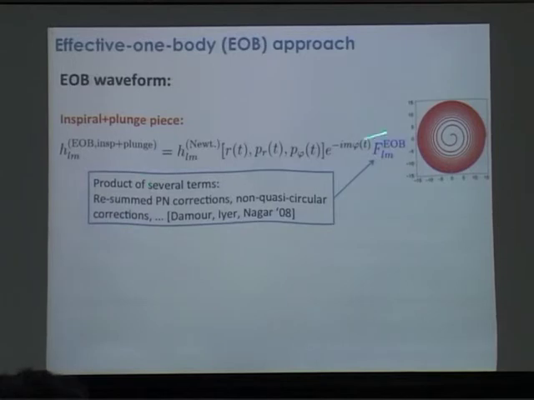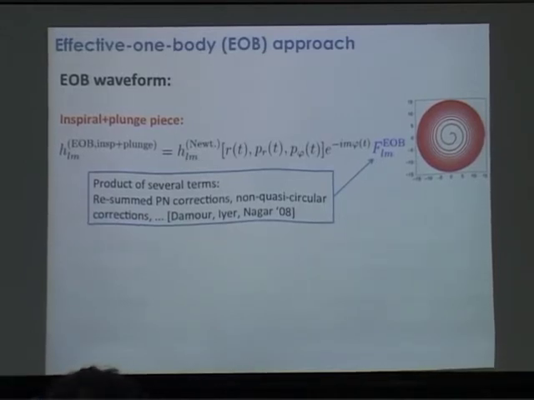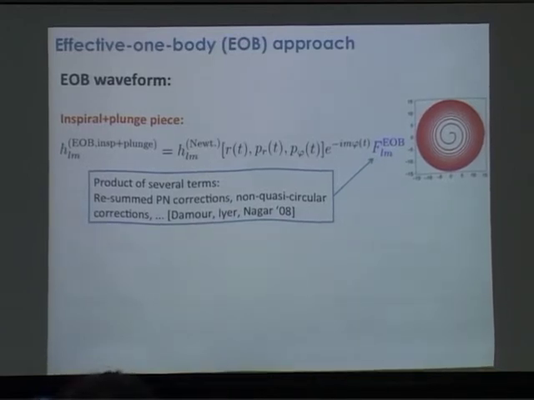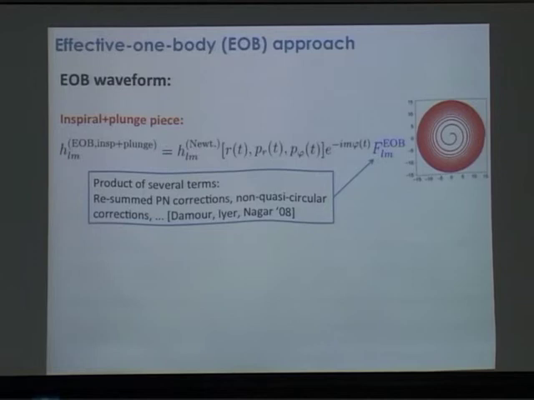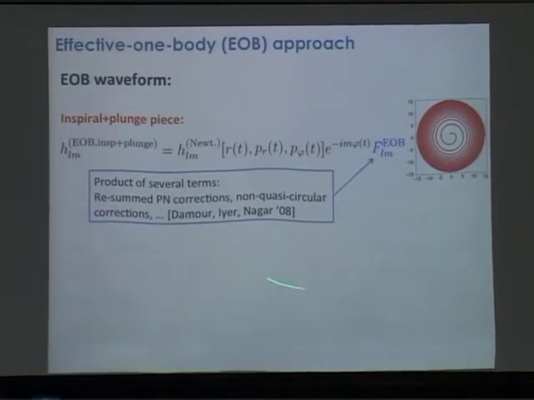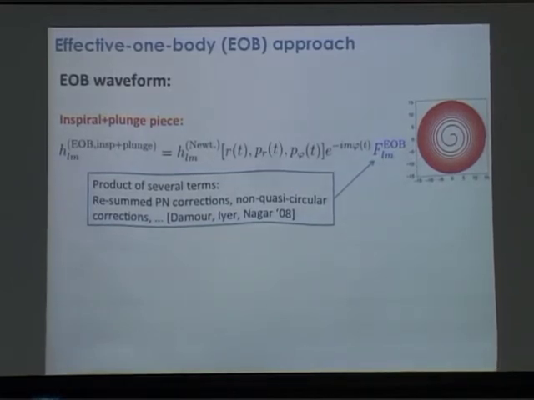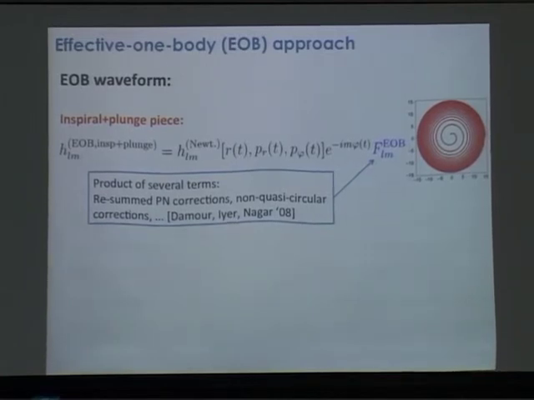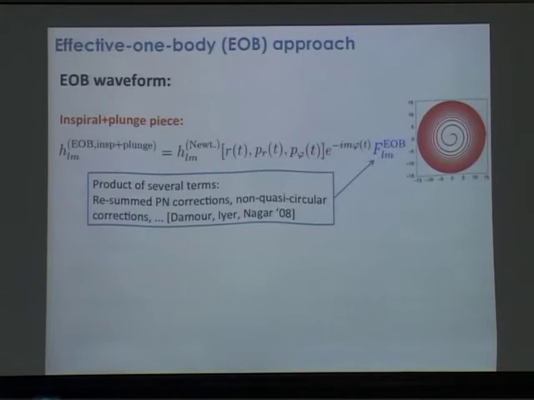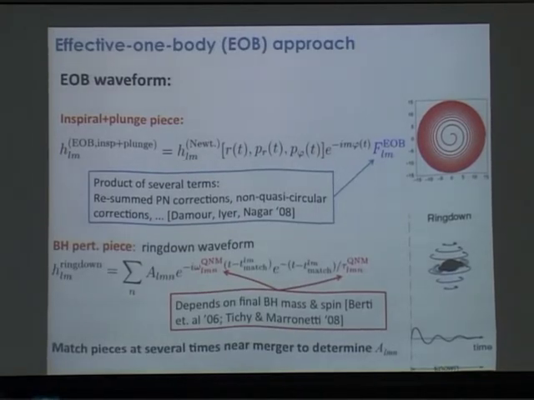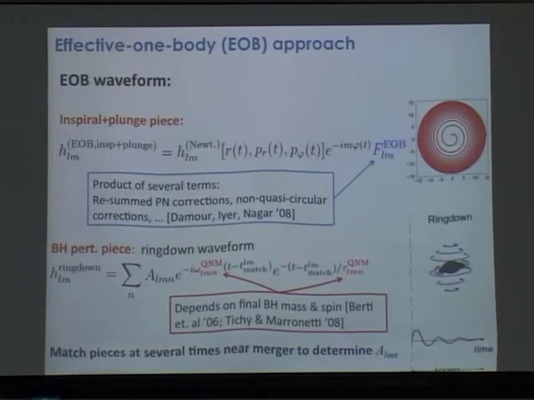And I rewrite this waveform in terms of a Newtonian piece, which just looks like the regular Newtonian order waveform that you can easily compute. That's a function of the momenta and the coordinates. And I supplement that with various kinds of corrections that account for the fact that the orbit is in this non-adiabatic regime where I'm starting to get very large radial variations. And also this extra term encodes all these various post-Newtonian corrections in a way that attempts to improve their convergence properties. So there's this very complicated way of writing down this waveform, which I'm just illustrating schematically here. And so this gives me the waveform up to essentially the ring down part,